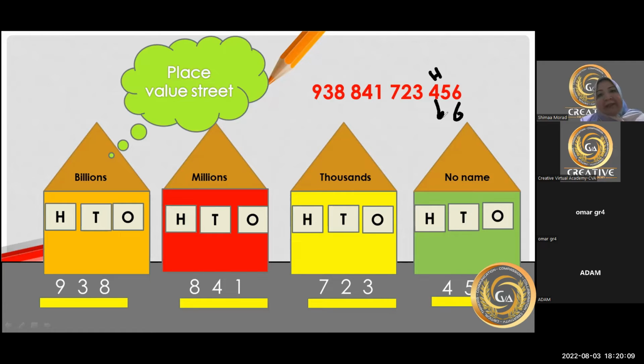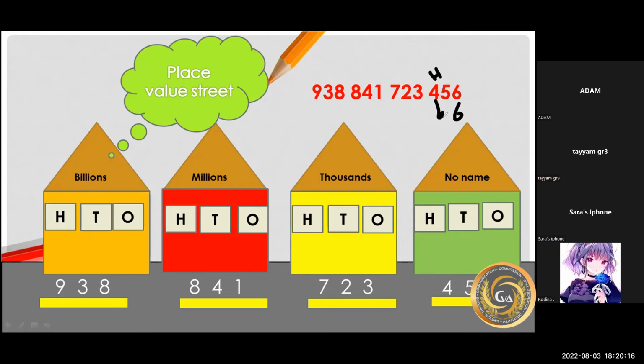What about million? How many zeros in 1 million? The millions contain 6 zeros. Very good. Millions, billions, and a billion has 9 zeros. So if I want to write the value of number 4, I write 4 and two zeros for hundreds. 400. Okay.